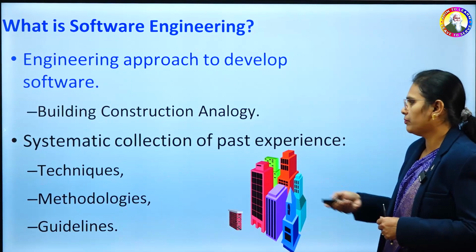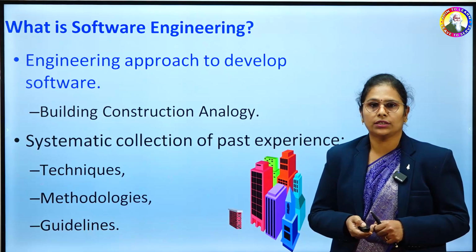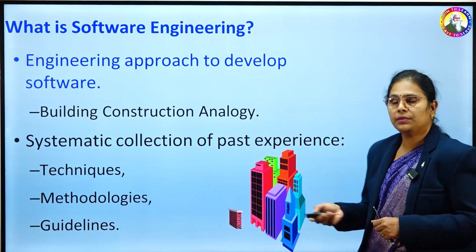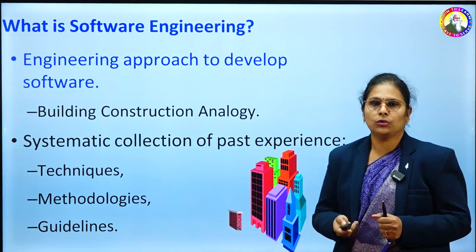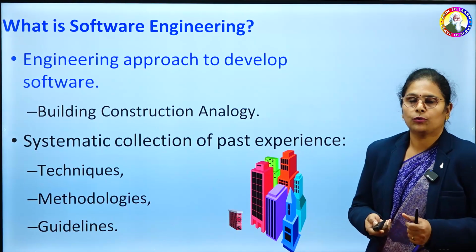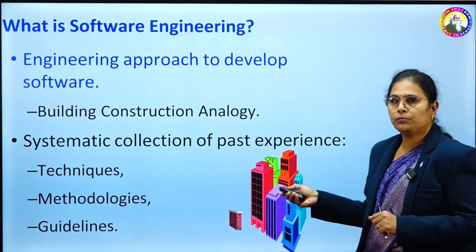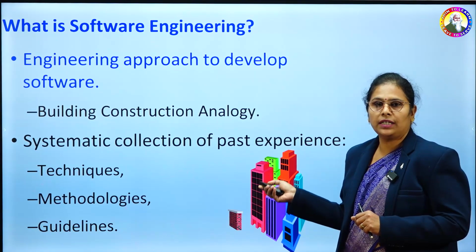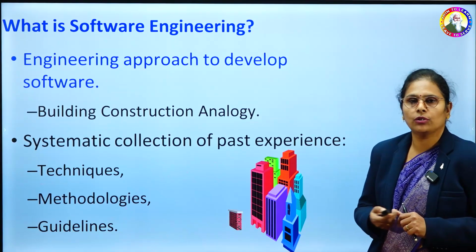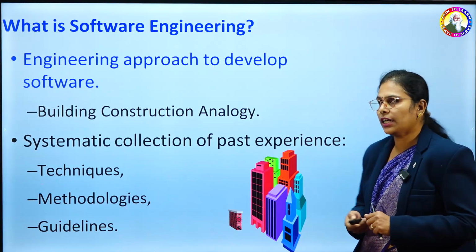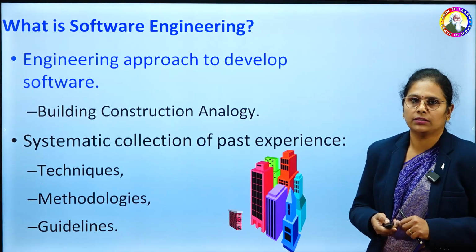Now, if I am talking about a petty contractor and a contractor with technical knowledge. A petty contractor can build a simple wall without any technicality. Simply, he knows how to mix the sand and the cement and all. He can simply build a wall. But when it comes to building a building with 20 floors or 30 floors, he will not be able to do it. Only a civil engineer can plan for that. So if at all he takes that contract, he will fail. That is the basic thing.